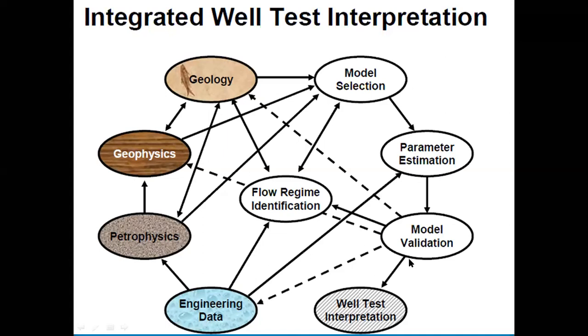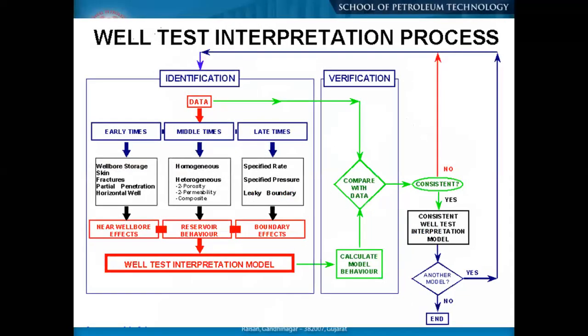You are changing your model, and then the oil test interpretation. That means right from the beginning to the end, we are acquiring data, and there are a lot more things. The last part is your interpretation through your computer software. You try to fit your data to a specific model, and you have a loop. So you can understand here early time, middle time, and late time response: oil to skin, homogeneous reservoir. You may have two porosity, two permeability, that means different types of reservoir.